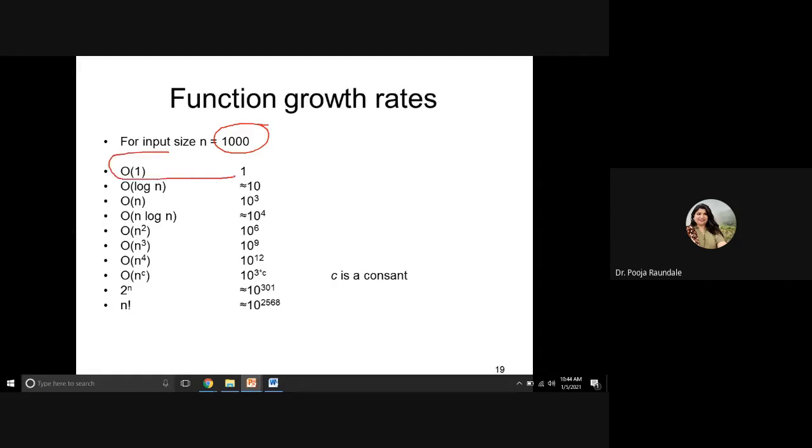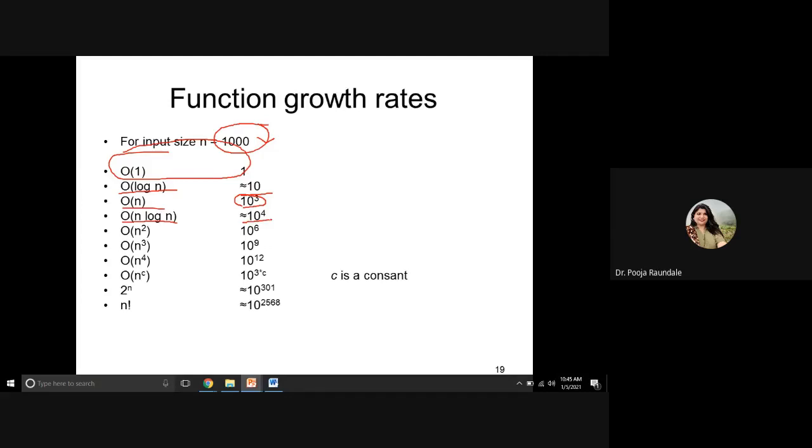Order 1 will always be 1. Order log n will be 10. Order n will be 10 cube, meaning 1000, for 1000 numbers. Order n log n, these many steps your algorithm will take for 1000 input size,